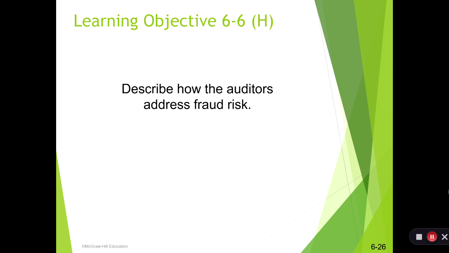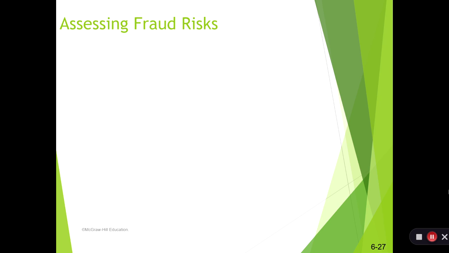So then looking at learning objective 6 here, we've got how auditors address fraud risk. And this is kind of assumed by a lot of the public, right, that our job is to find fraud. And while that's true in some regards, there are limitations around it. So let's understand a little bit more in terms of how auditors deal with this risk of fraud.